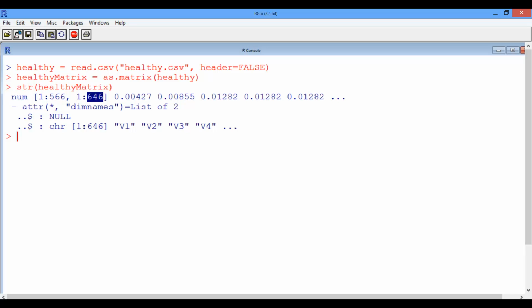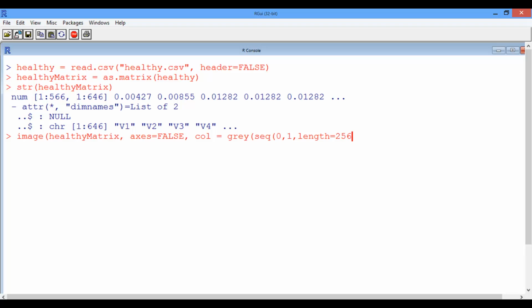So this MRI image is considerably larger than the little flower image that we worked with in the previous two videos. To see the MRI image, we can use the image function in R, which takes as an input the healthy matrix. And then let's turn our axes off. And then use the grayscale color scheme. So the color is equal to gray, which takes a sequence of values going from 0 to 1 with a